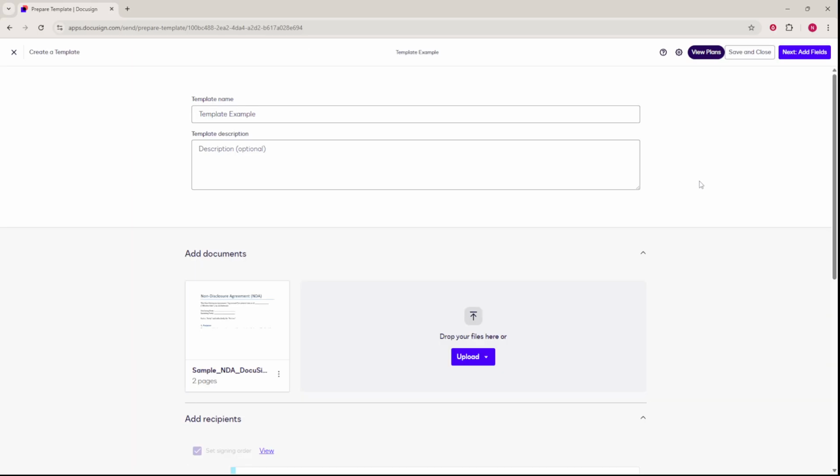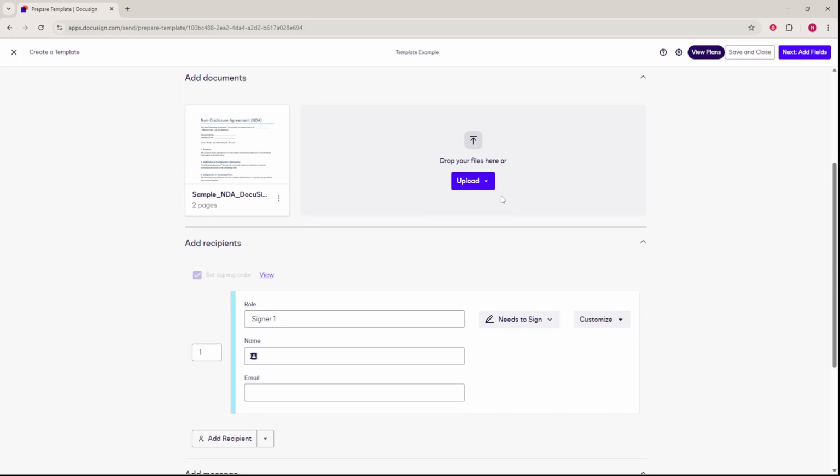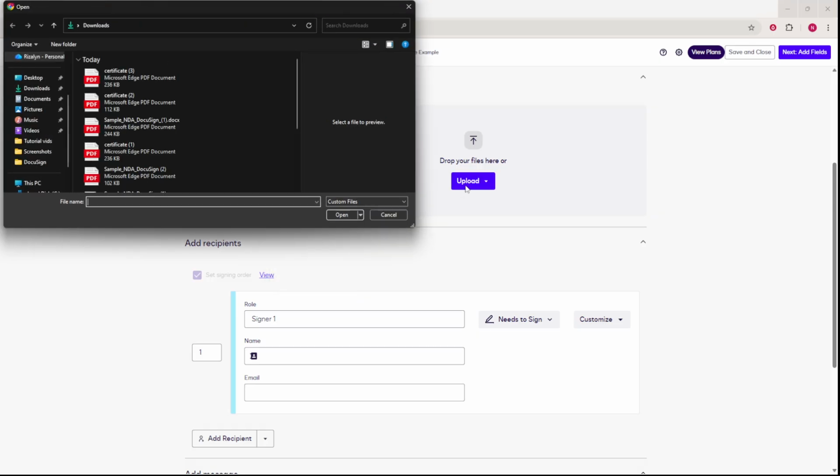If the underlying form has changed, upload a new file to replace the old one. You can also attach additional documents, like a separate disclosure or instructions, and rearrange the order so signers see everything